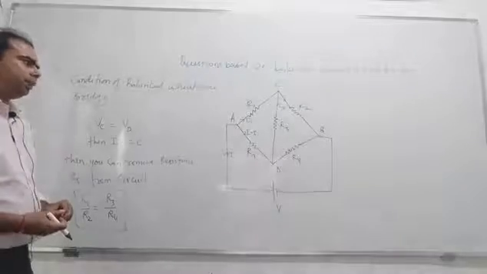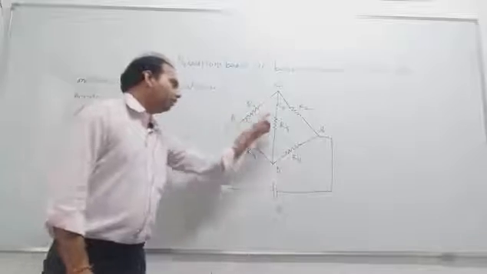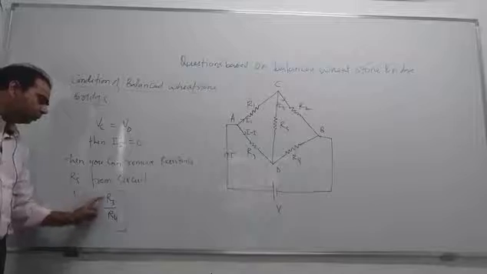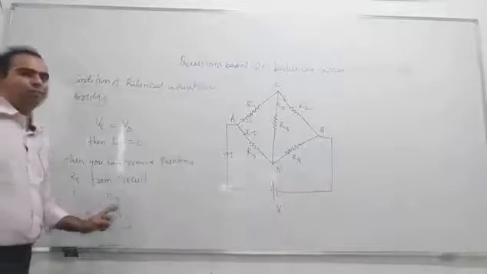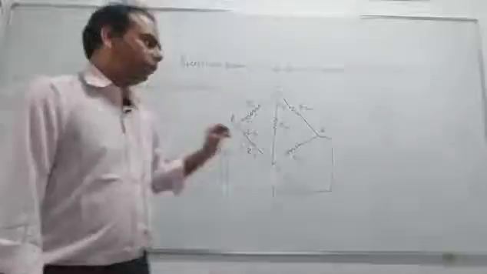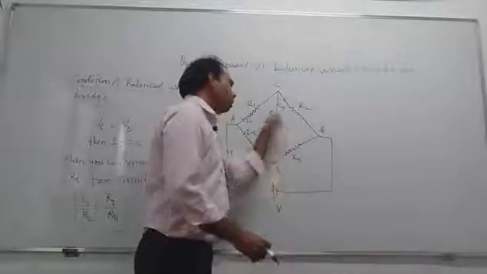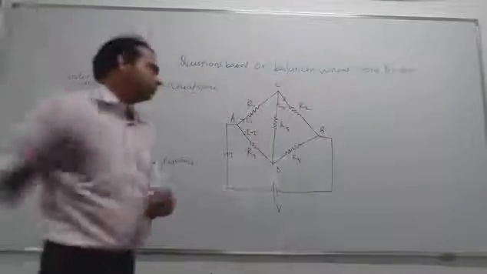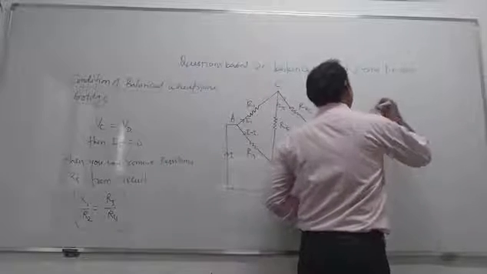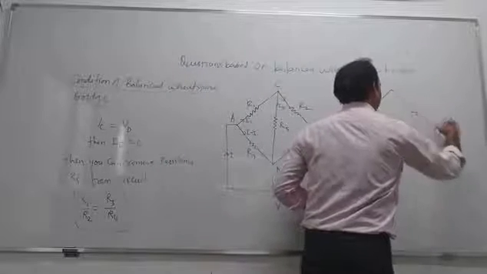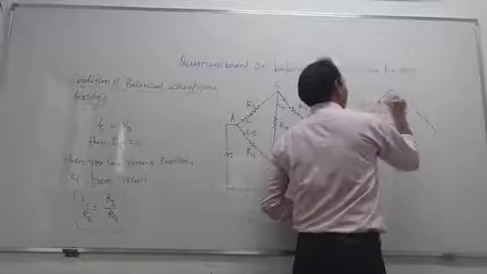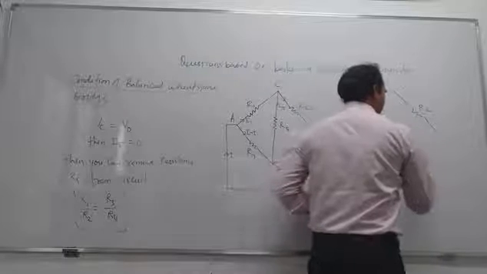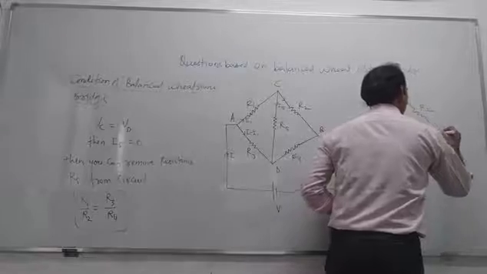So first of all, you see the ratio of R1, R2, R3, R4, right? When the ratio of R1 to R2 is equal to R3 to R4, then the bridge becomes balanced, and you can remove this R5, then the circuit becomes very easy, right? This is one of the resistances, another one is this, and this is R1, R2, and this one is R3.